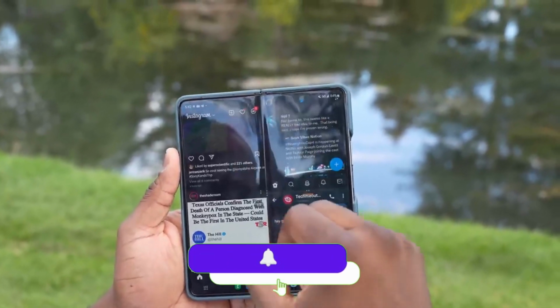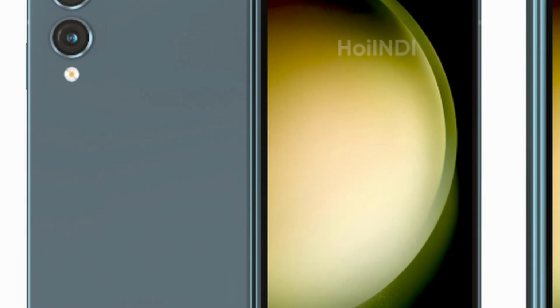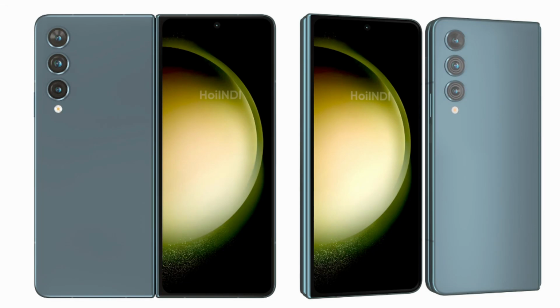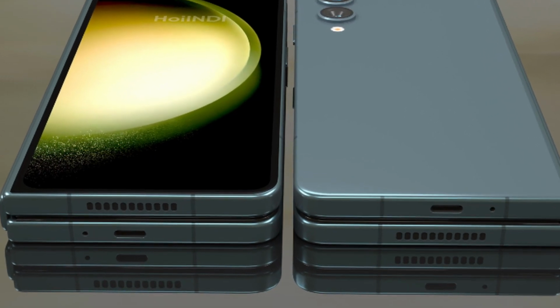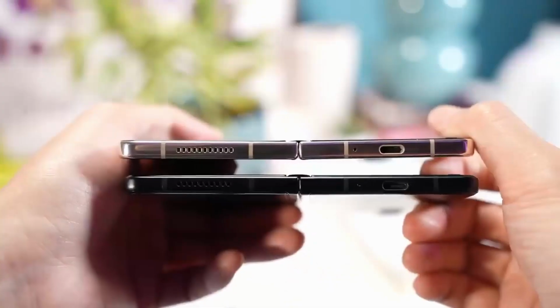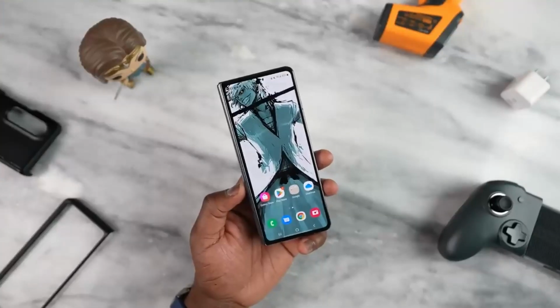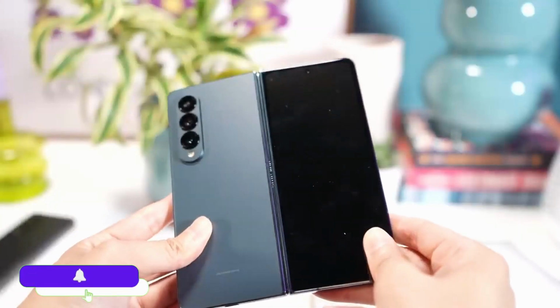If we talk about the first look of Galaxy Fold 5, as per these renders, it looks quite the same as Fold 4, not the Fold 3, as the bezels on the outer display look thinner. Also, if you notice, the phone is flat folded, which means this is how the new Galaxy Fold 5 will look like with the new water drop hinge design, as there will be no gap when the phone is folded. With this new hinge design, the Fold 5 will be thinner than the Fold 4,